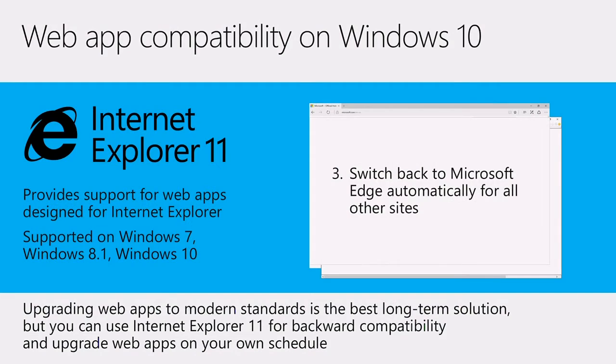Now, of course, if anyone goes to any other site, it switches right back to Microsoft Edge. And I can anticipate at least one question at this point, and that's, we've had a number of customers approach us and say, this works great, except when are we going to have the ability to keep favorites in sync between the two browsers so my users aren't confused? The good news is that's live in the Windows Insider preview, and it's coming in Redstone 2. So that is a feature and a group policy that we're bringing in the Windows 10 Creators Update to be able to keep Internet Explorer 11 and Microsoft Edge favorites in sync across the two browsers.